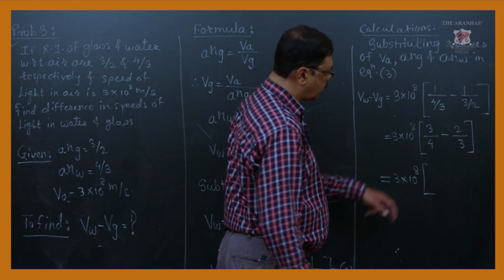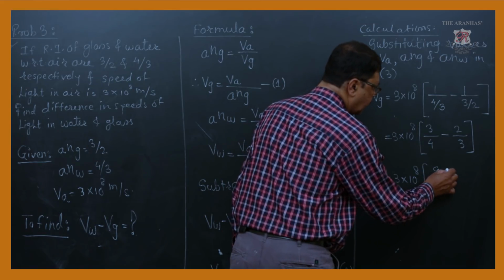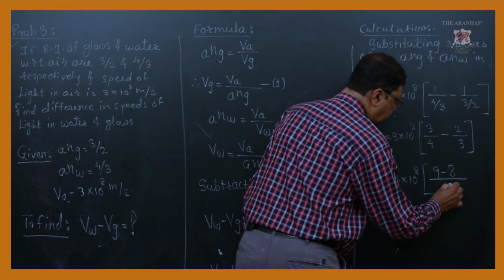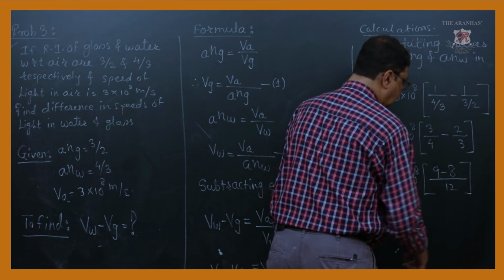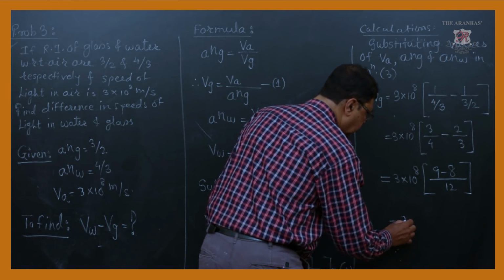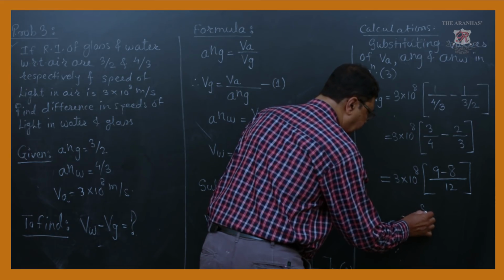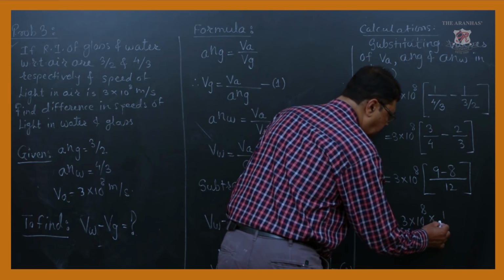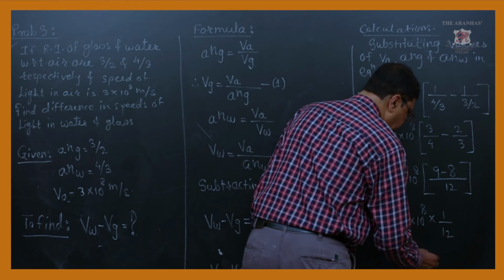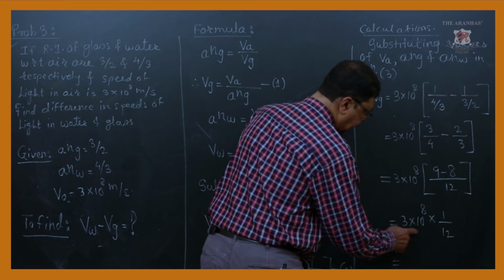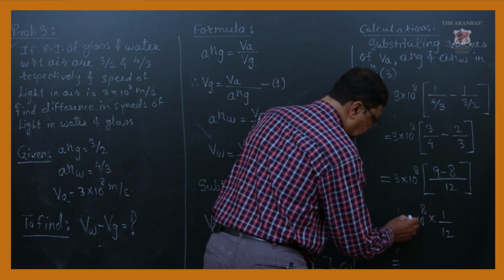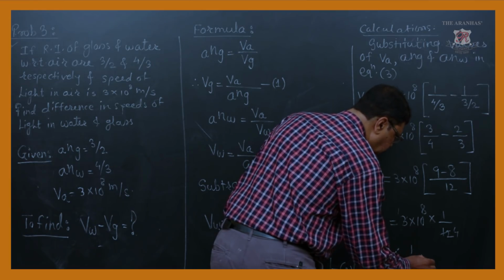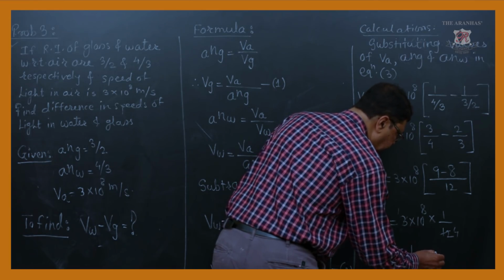3 3s are 9, minus 4 2s are 8, upon 4 into 3, 12. That is 3 into 10 raised to 8 into 9 minus 8 is 1 upon 12. We can cancel out this. 3 1s are 3, 3 4s are 12. 1 by 4 into 10 raised to 8